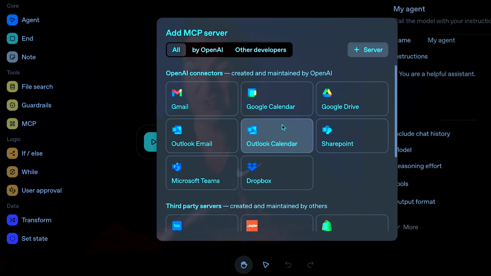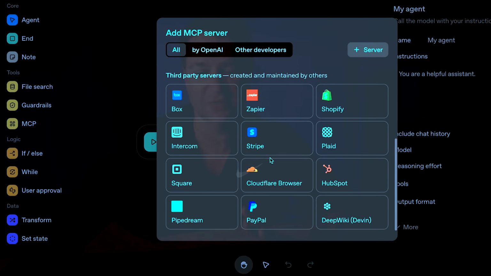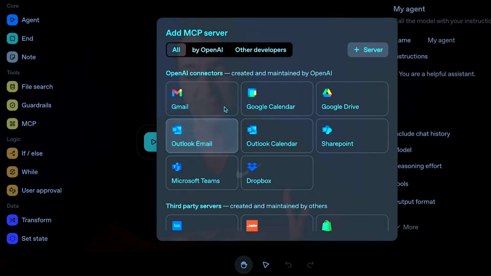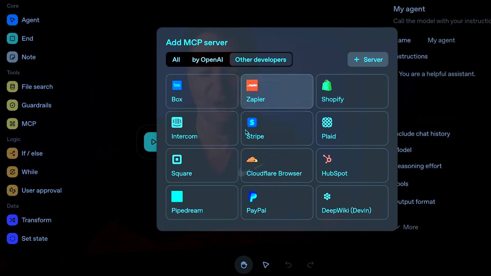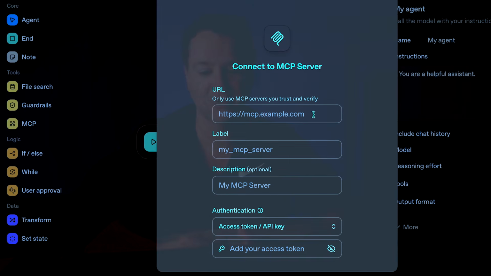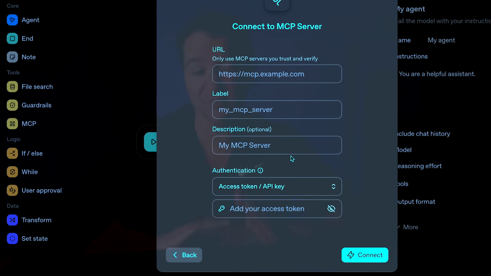Now, there's a bunch of MCP servers or connectors that you can connect to, everything from Gmail, Google Drive, etc. I'm not going to go through that today. There's a marketplace, so more of these things will appear. The bit I'm most interested in is Server here. So if I want to, I can connect my own MCP server. So I could build my own MCP server and then add that in, or I could access one on the